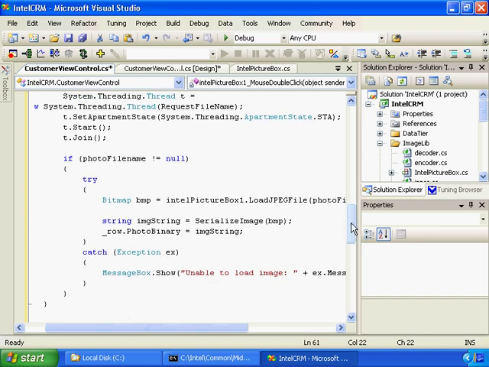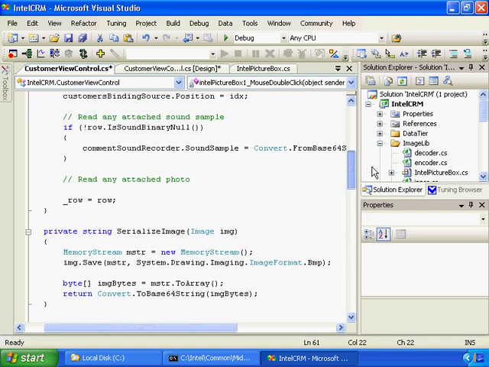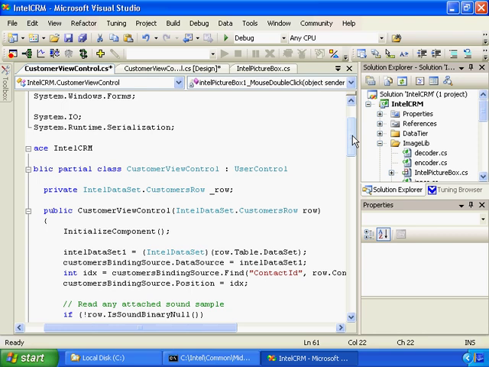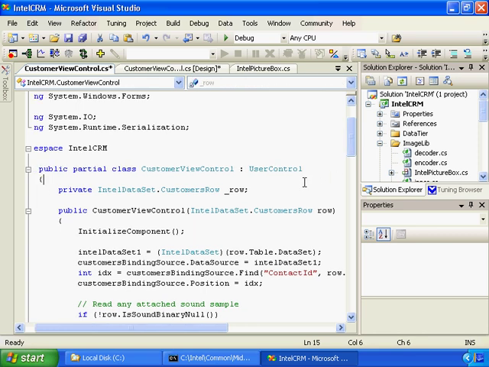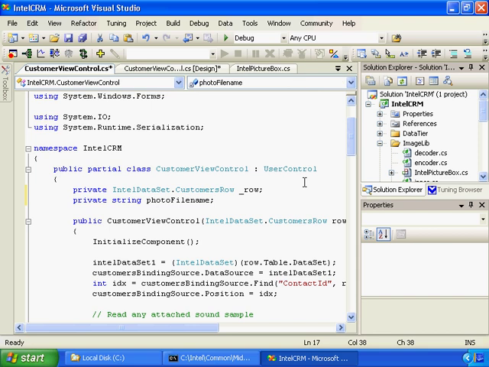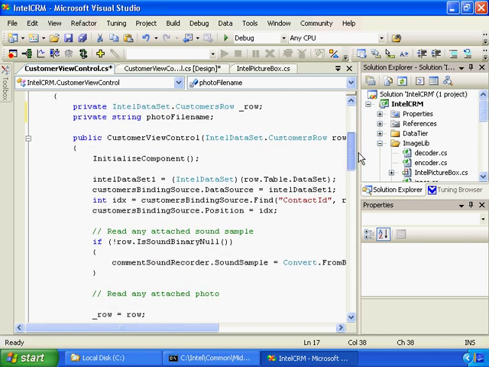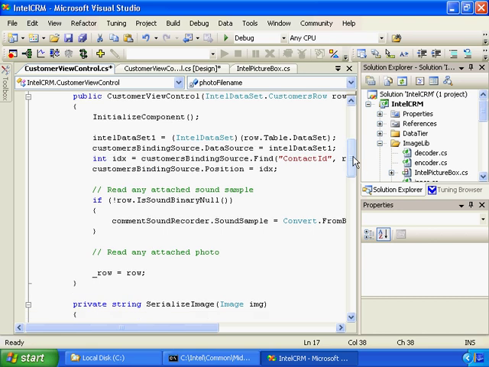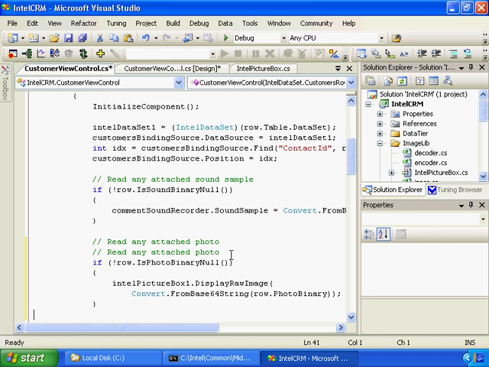And we still need to place a definition for the photo file name object, so we're going to scroll back up to the top to do that. And we'll declare it right under the current row that we're working on. And then in the constructor, we've got read any attached sound sample and read any attached photo, which has no implementation. We'll add that implementation, which simply says that if the photo binary field is not null, then we want